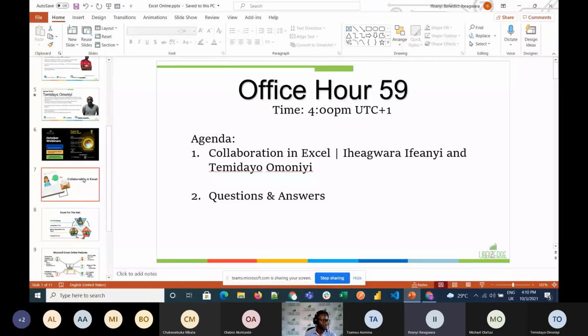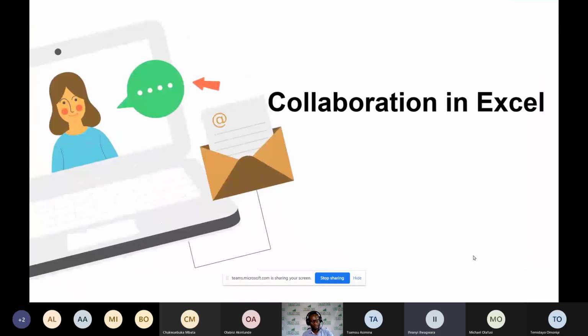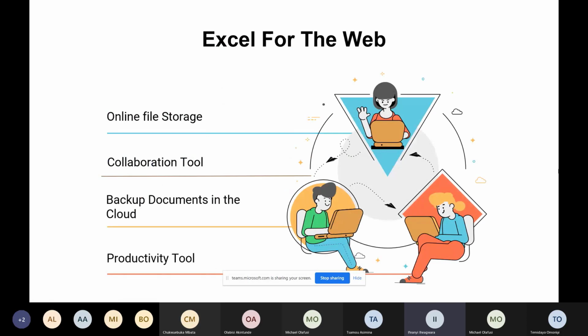All right. So today we'll talk mostly about collaboration in Excel. So it's mostly about Excel Online. I don't know how many of you know about Excel Online? Let's see, some people. I think it's pretty common knowledge. Most people know there is also an Excel version online. Okay, so we'll mostly talk about Excel Online.